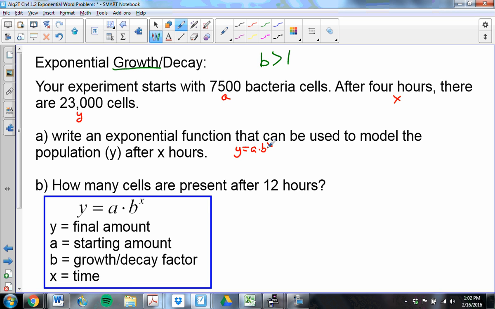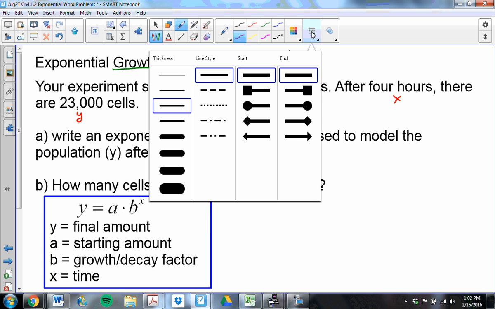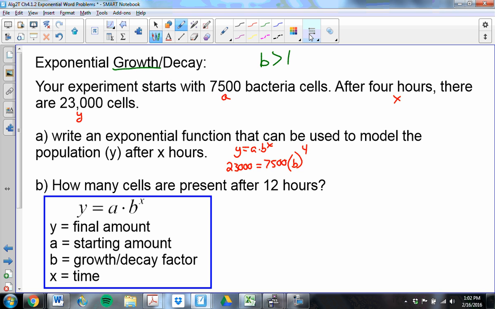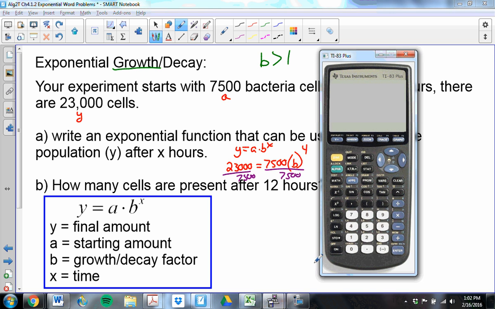So it's 23,000 equals 7,500 times b, which we don't know, to the x of 4. We want to solve this for variable b to find what that actual growth rate is. Well, this is a typical polynomial type equation at this point, where the variable is the base, not the exponent. So we divide both sides by 7,500. 23,000 divided by 7,500